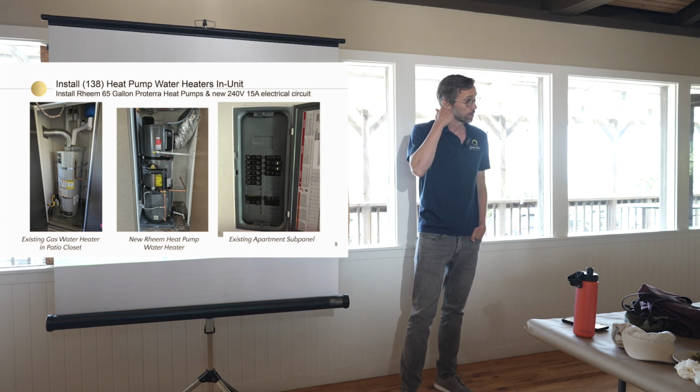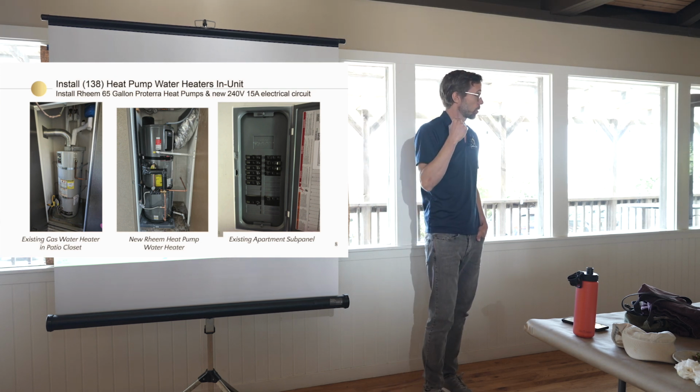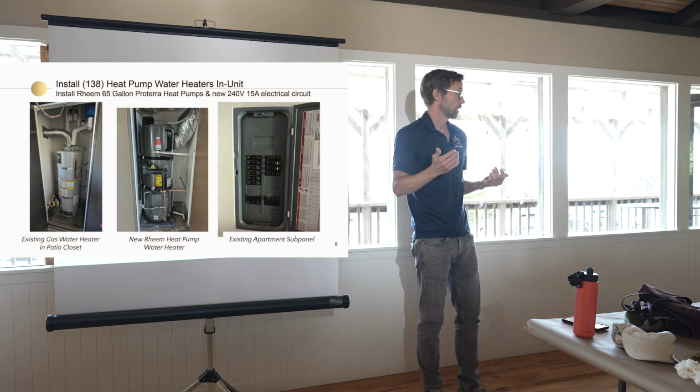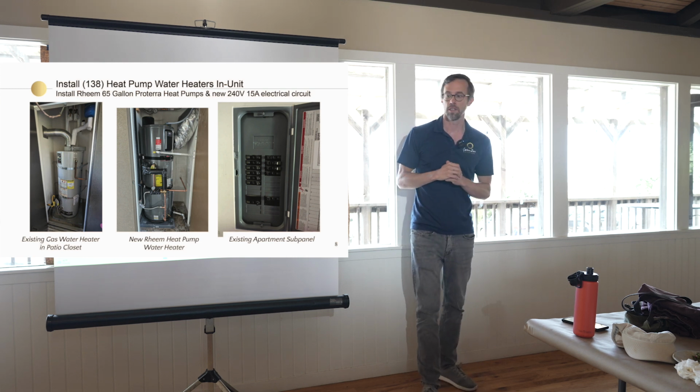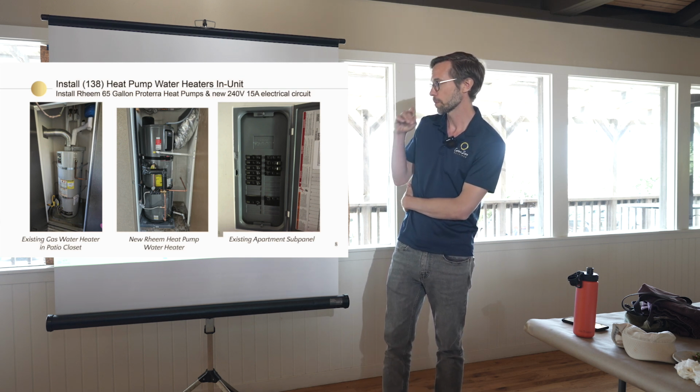What's the compressor BTU rating on a heat pump water heater? Like 4,500. So you put in a 4,500 BTU water heater, you're just not going to meet the heat load. So it's always something to be careful of. So we had been screening those projects out, but